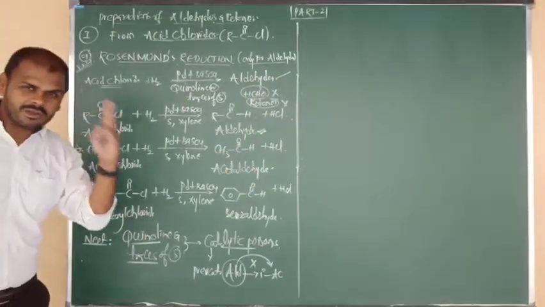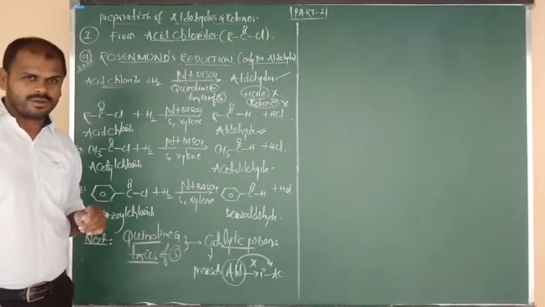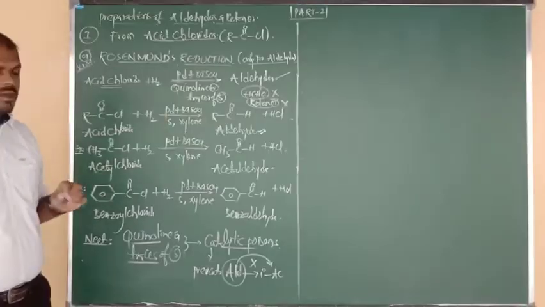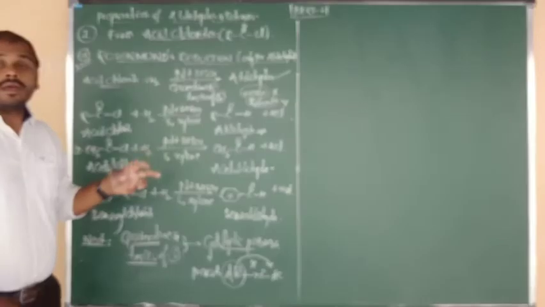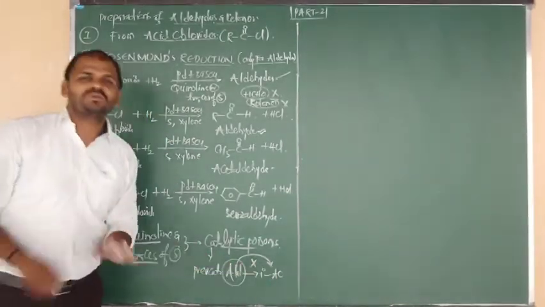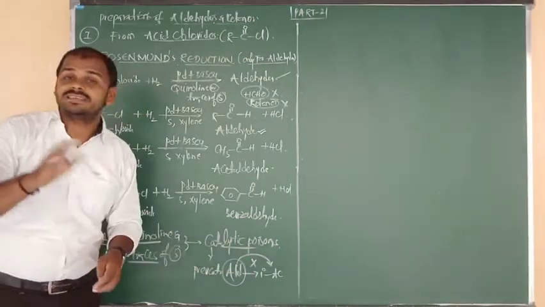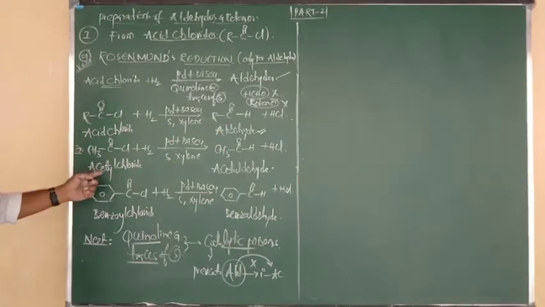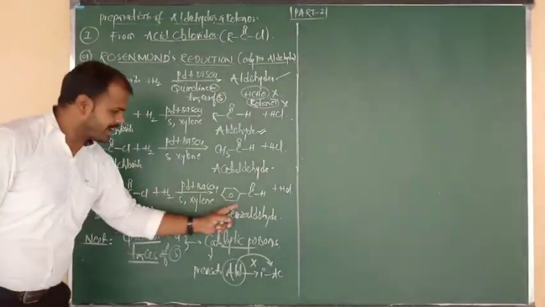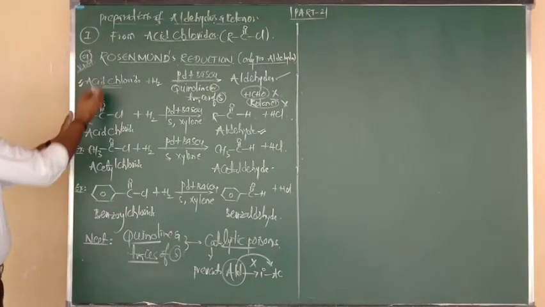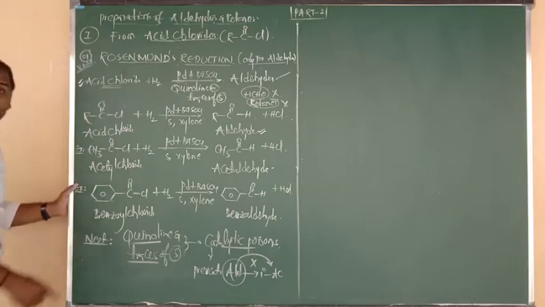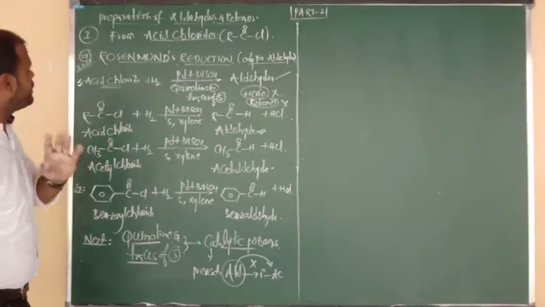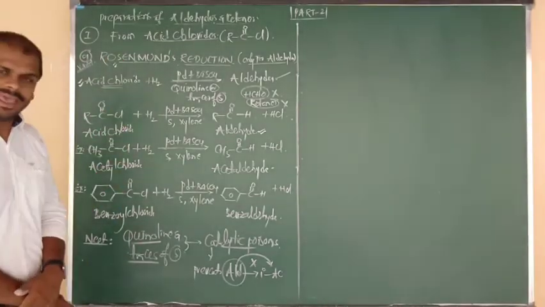Okay? Rosenmund reducing agent formula: Pd plus BaSO4. What are the catalytic poisons? Quinoline and traces amount of sulfur. What is the use of this catalytic poison? They avoid the reduction of aldehydes into primary alcohol. Aldehyde is the final product. Like acyl chloride converted into aldehyde: acetyl chloride changes into acetaldehyde, benzoyl chloride changes into benzaldehyde. Focus highly on the statement and general reaction, and on both the examples. Both examples they are going to ask you, beta. So this is the complete story about the Rosenmund reducing agent.